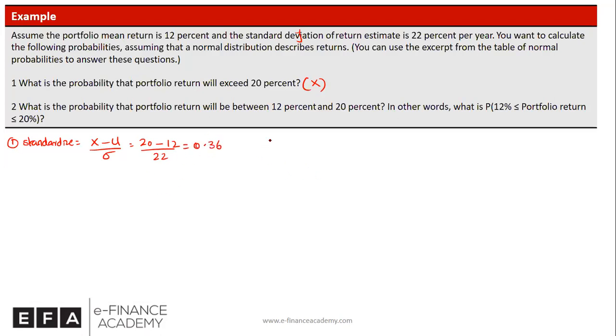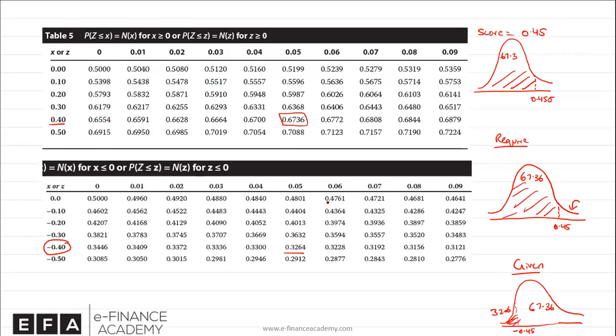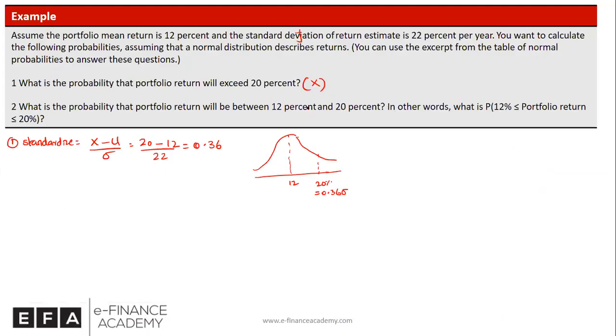So what we are looking to answer is, our mean was 12, and we want to find the probability above 20%, right? Which equates to 0.36 deviations. Keep in mind the table, if we look for 0.36 in the positive table, it will give us the probability to the left of 0.36. So let's look for 0.36, which is 0.3 and 6 right here. It will give us to the left side, and this is around